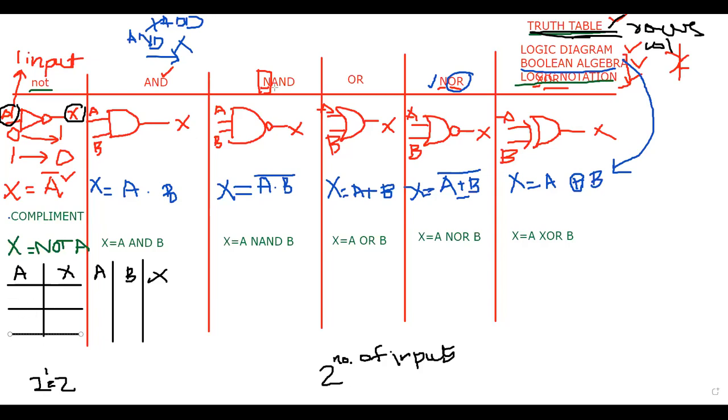Now we have to fill the rows. How would we get it? I want you to just memorize this, because this is the initial phase. You need to differentiate the inputs and outputs. A is the input and X is the output. So we will put double lines between inputs and outputs.